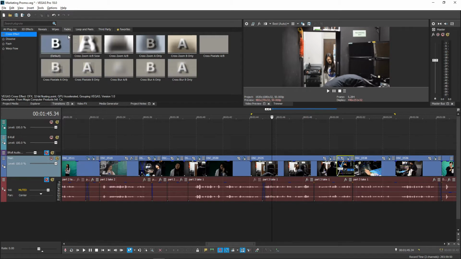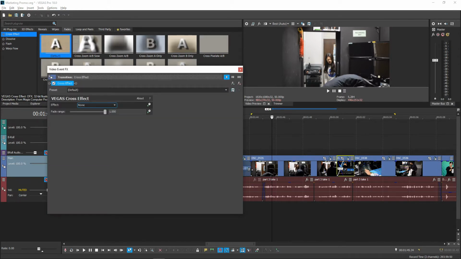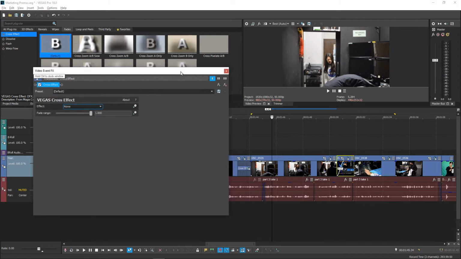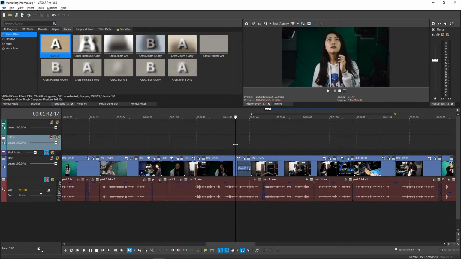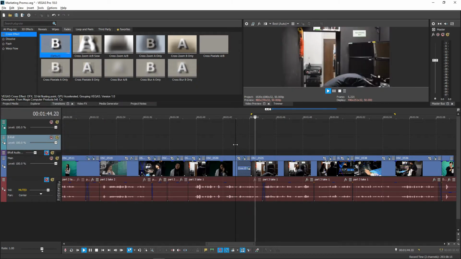To add a transition, you need 2 clips. You can drag your chosen transition to the cut in between 2 clips, and it will create a 1-second transition automatically. Like the generated media we have talked about, it will open up the settings window first. This is different for each transition, so I won't go over them one by one. We'll close that for now. And you can see the 1-second transition is created.